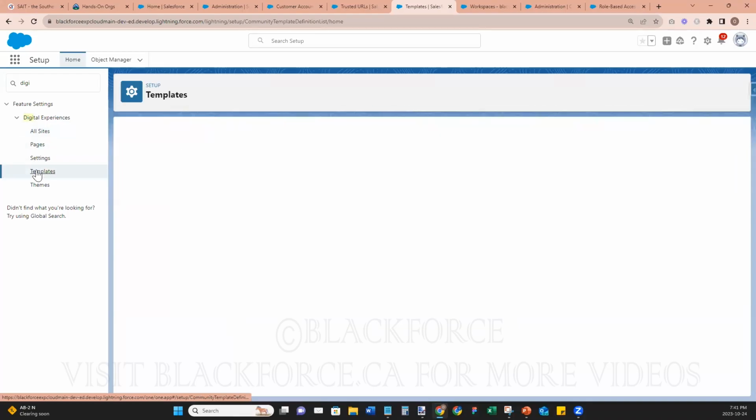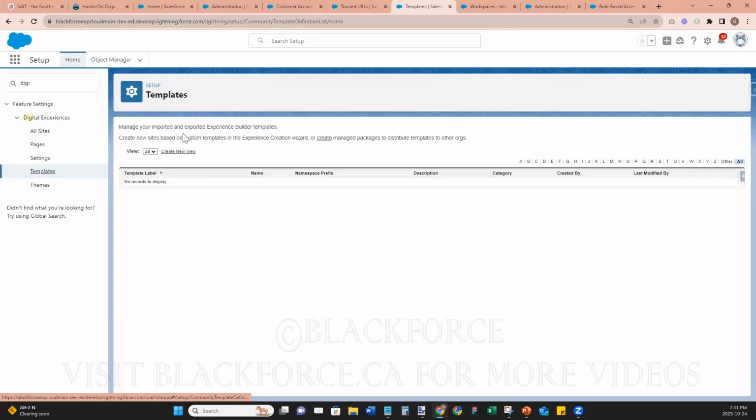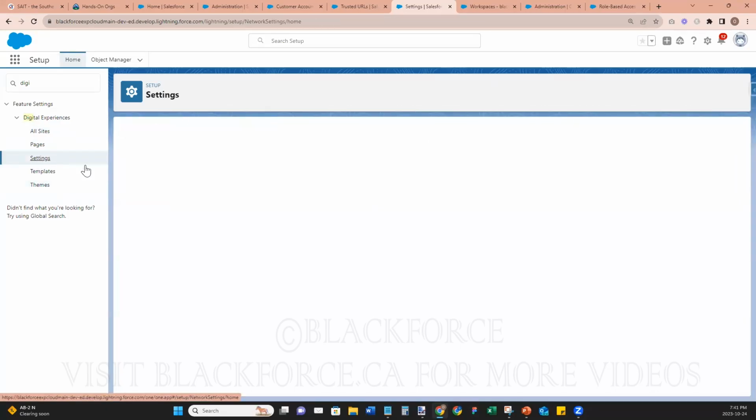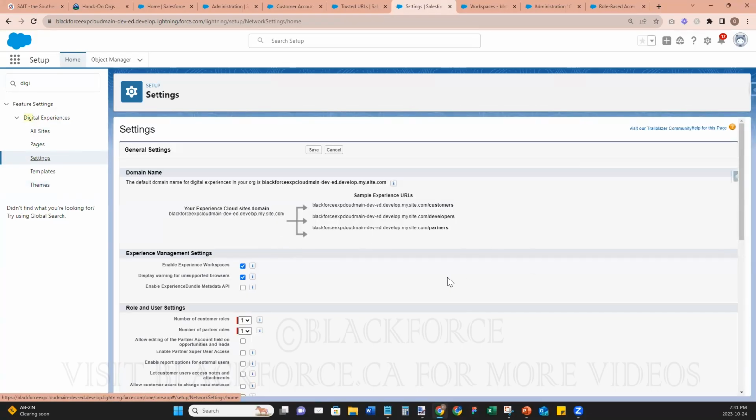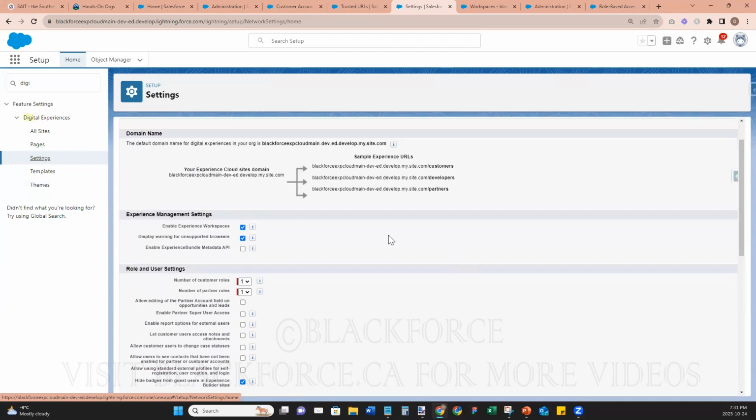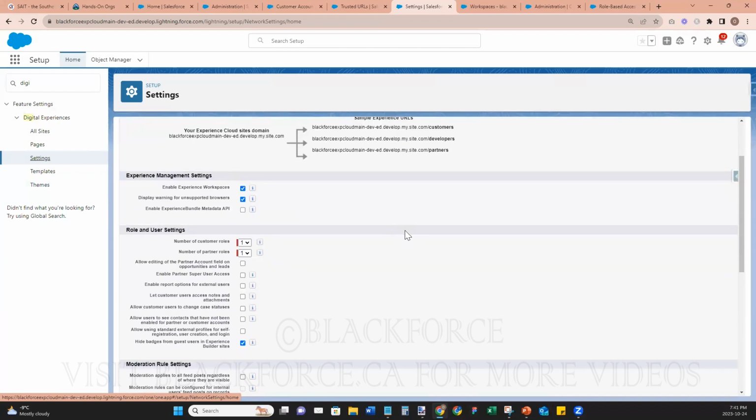And the templates is the same thing. We can import and export from other orgs. Theme is also the same thing. So finally, the settings. So this is like a global setting for all your Experience Cloud websites. So it applies to all the websites. So that's with domains yesterday. And then experience management settings,